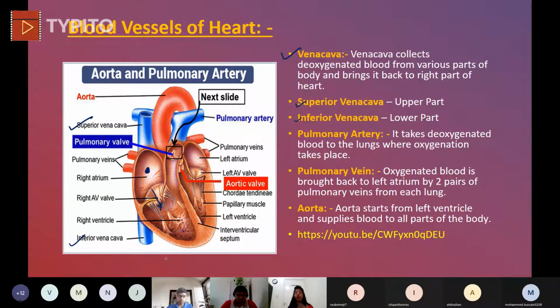So it will go to lungs. And to lungs, it will go by pulmonary artery. So pulmonary artery, you know what? Whenever you speak about pulmonary artery, one organ comes to my mind when I talk about pulmonary. Can you tell me which organ I'm talking about when I'm talking about pulmonary?